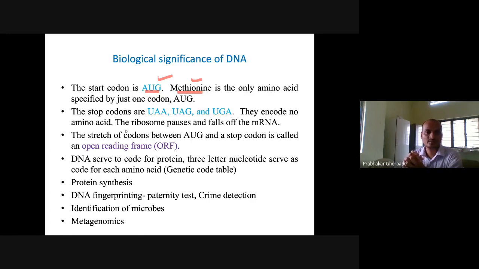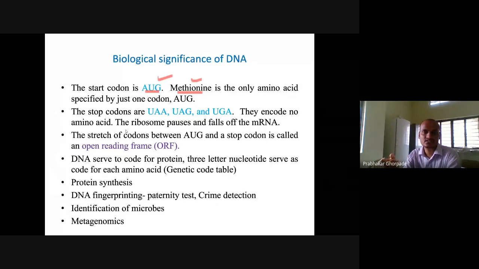Likewise, identification of microbes. There are microbial identification tests as well as genome-based identification tests. For example, E. coli, Brucella, you can determine whether they are present or not with the help of particular genome sequences found in them. If you target this sequence, design PCR primers and do polymerase chain reaction, you can see the presence or absence of this organism.